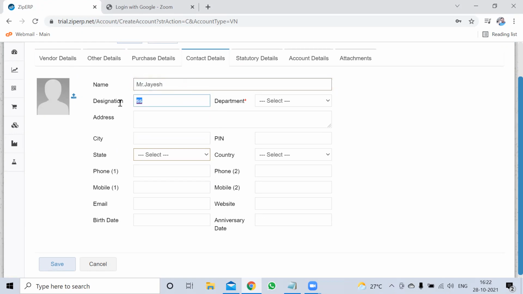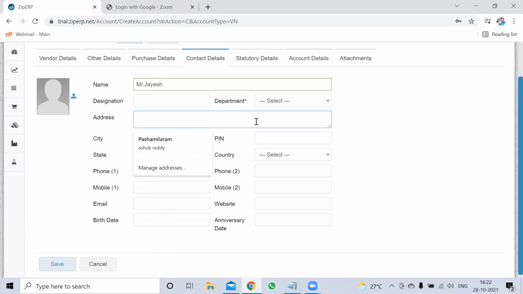You can type it here, sir. What is the designation? What is the address? Can you give me the address of this particular vendor? What is this department here? Department, we can say it is for accounts, purchase, sales, or technical. We can create the department master also from the setting level, sir.